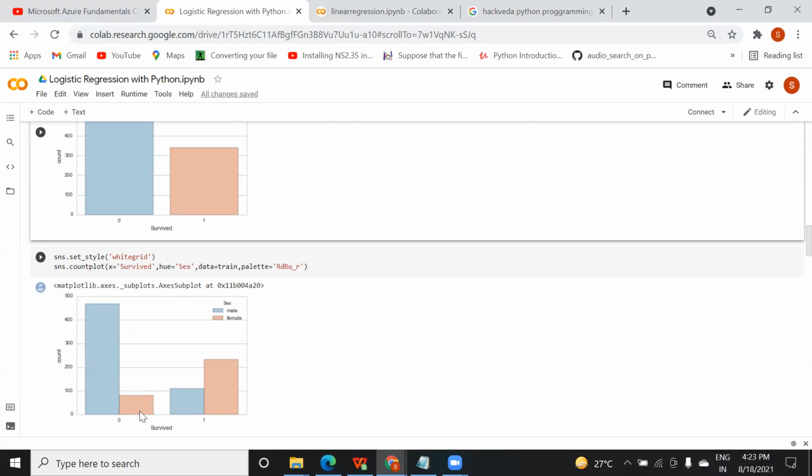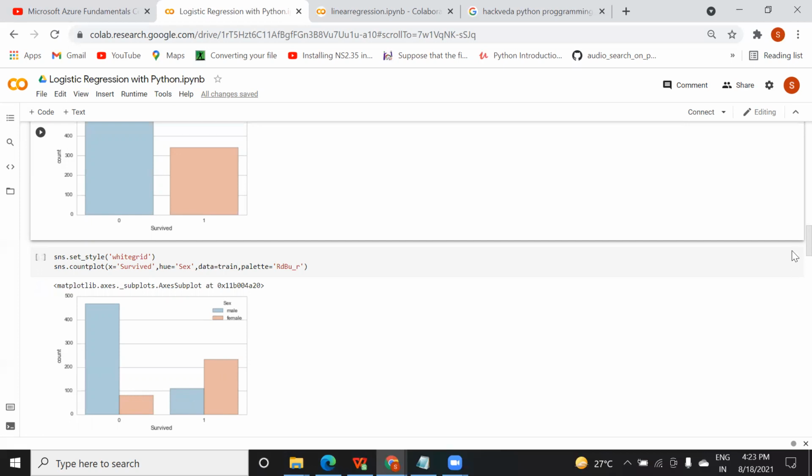So you can see here, out of those people who died, almost 450 are male and maybe around 80 are female. And those who are still alive, something around 110 is male and around 220 is female.